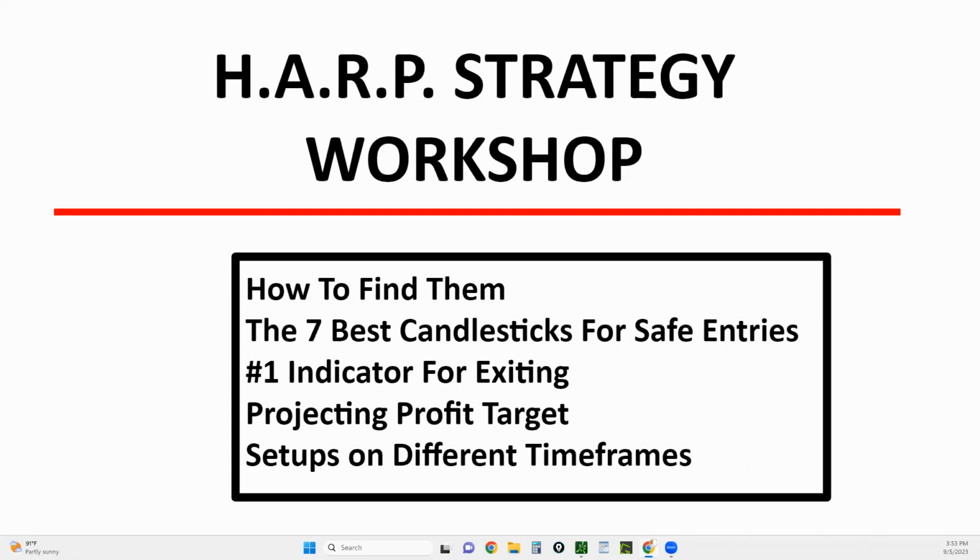And so this is why, even with candlesticks, I don't spend too much time understanding all the candlesticks out there, and just focus on these 7 with a strategy like this. Boom. Somebody asks, how do you know when to get out? I'll show you the number 1 indicator. You only need 1 indicator. I kid you not, 1.